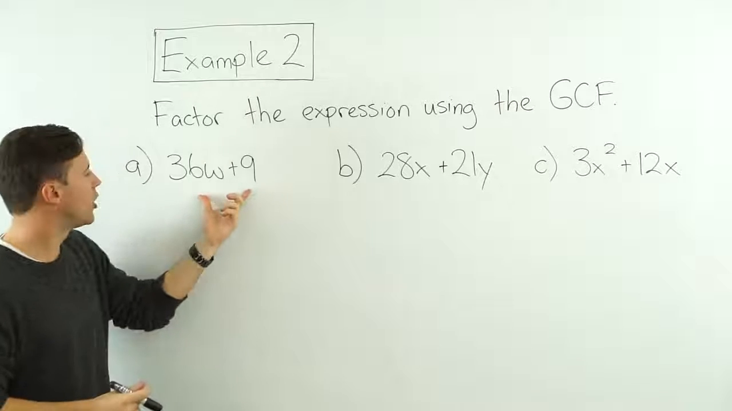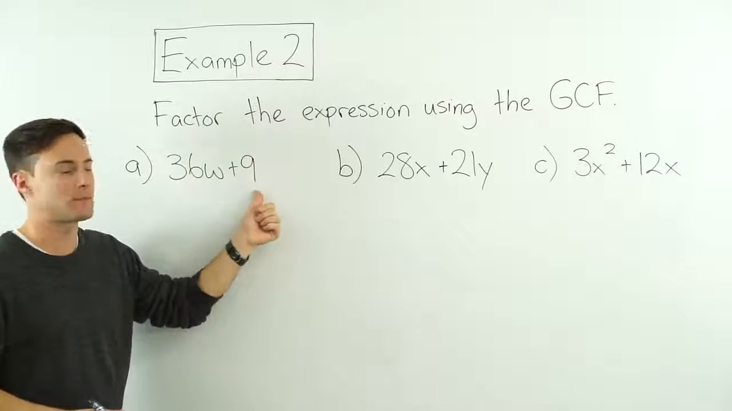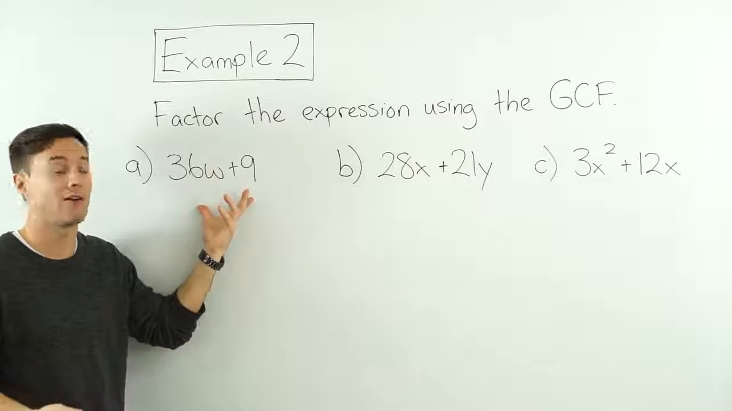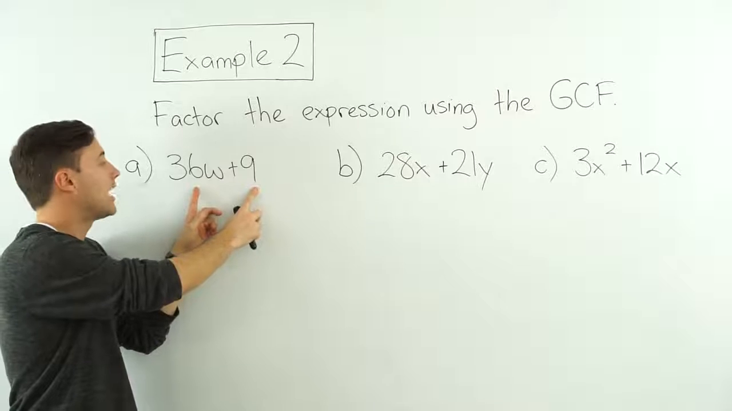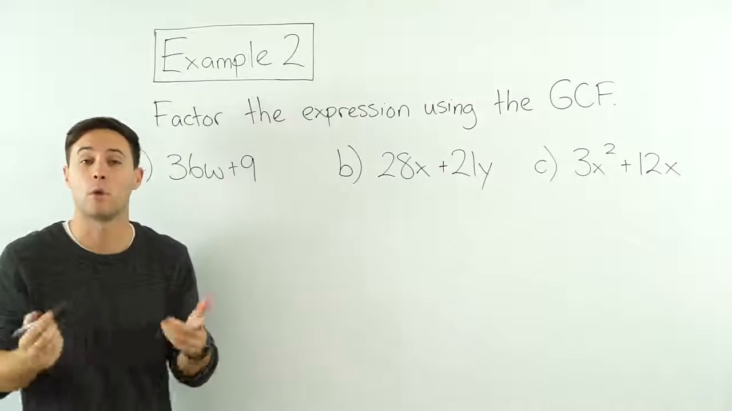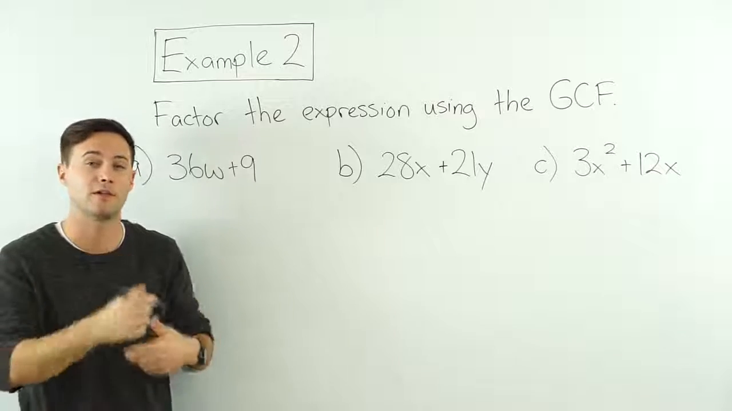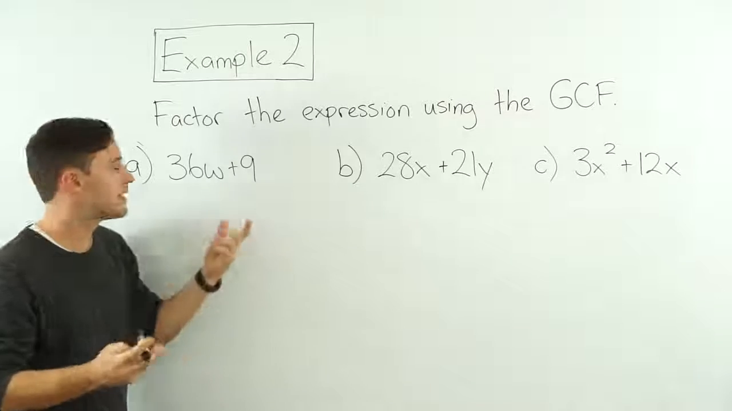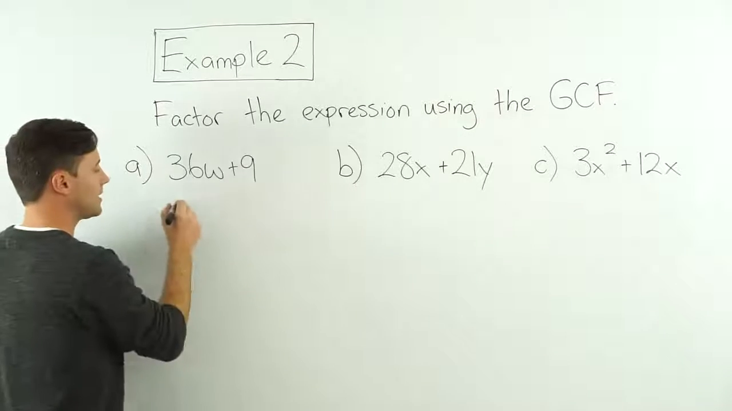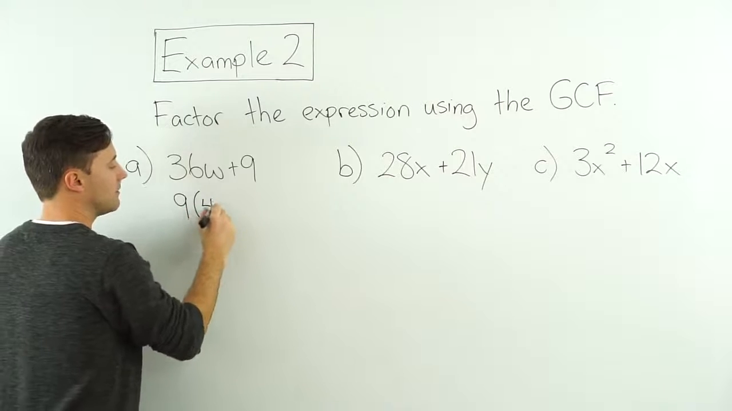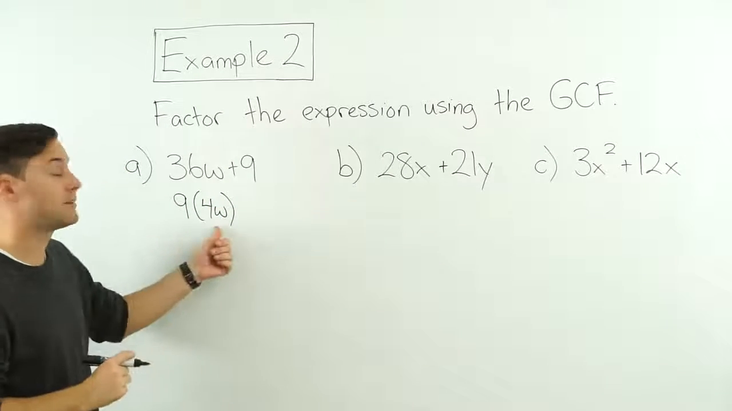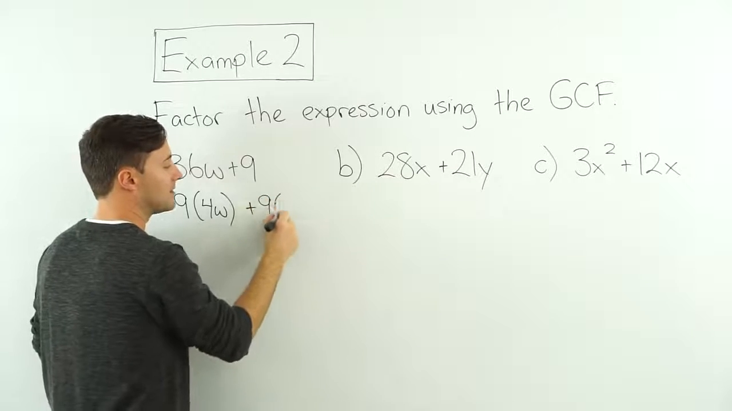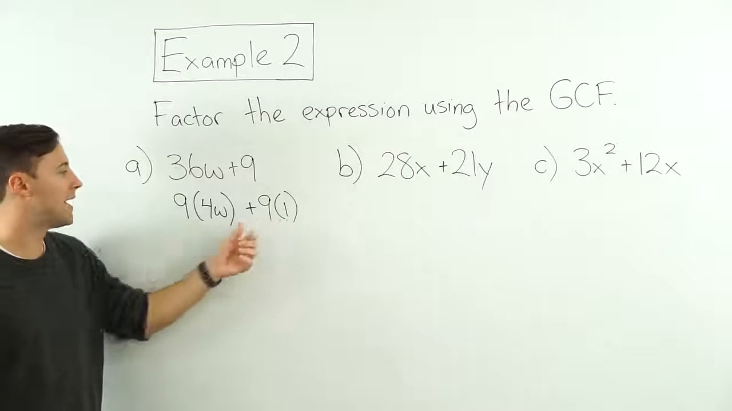So here, if you notice, well, I've got 36W and 9. There is no W here, so W is not going to be part of my GCF. I'm mainly going to focus on the 9 and the 36. And I think, well, what is the greatest common factor of 9 and 36? Well, it's 9, right? So if I think about 36W as 9 times 4W, right? 9 times 4W is 36W, plus, and 9 I can think of, 9 times 1,